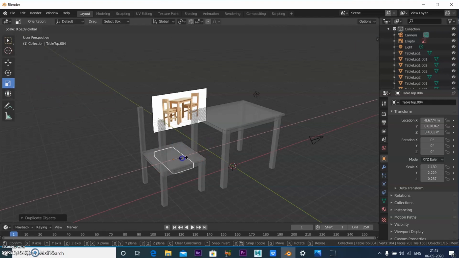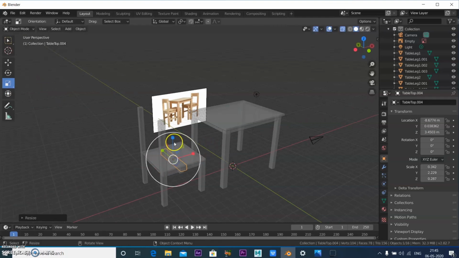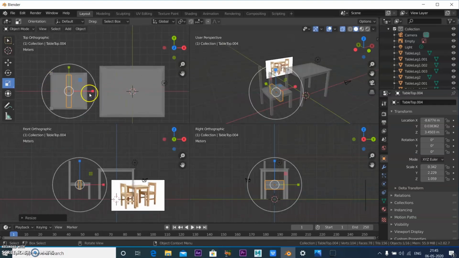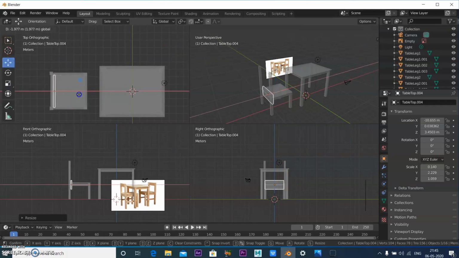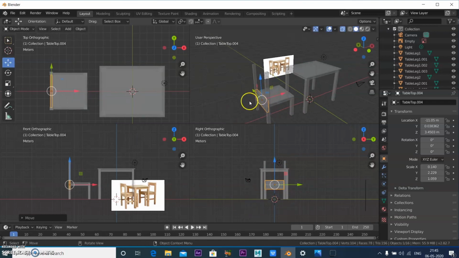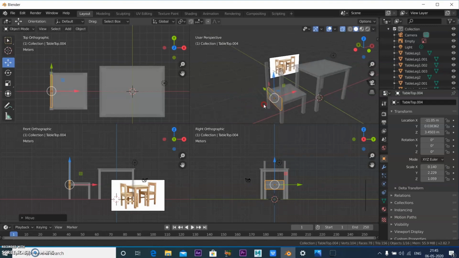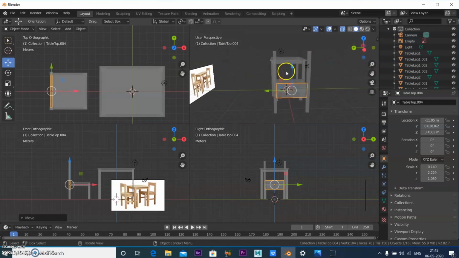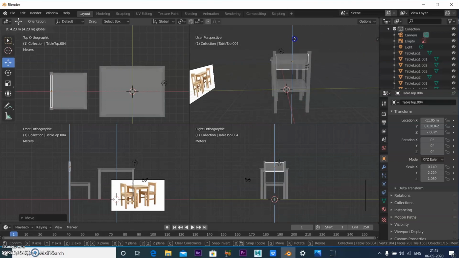Now you scale it down, scale it up, and Alt Control Q. Scale a little more thin. Then I go to the Move tool and adjust it here. From the top view I'll adjust, and now from the side view I'll check, and I feel that this is down. You can see that it is down, and you don't want that here. So just lift it up like this.